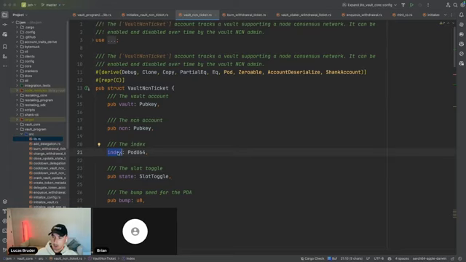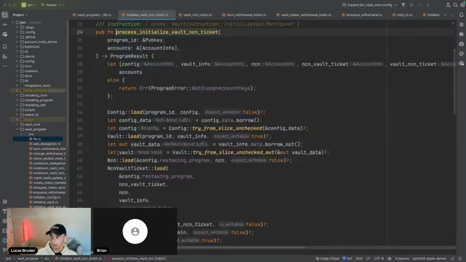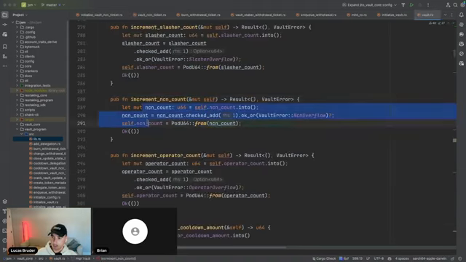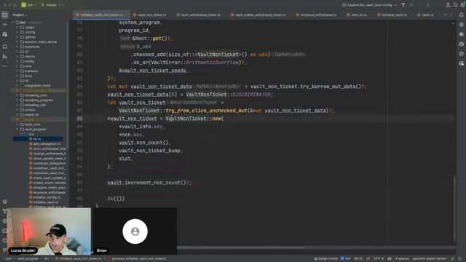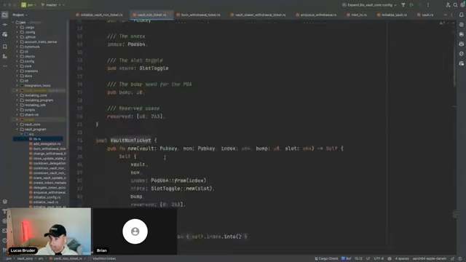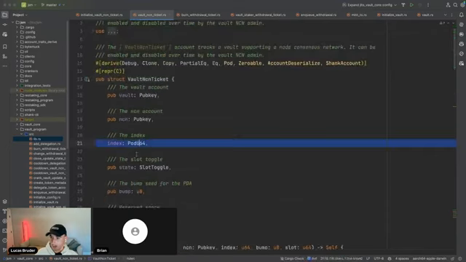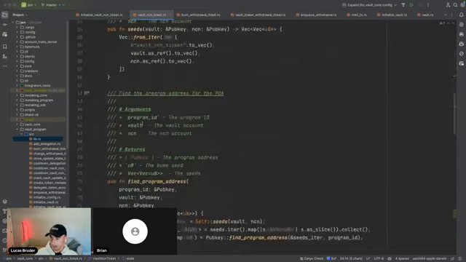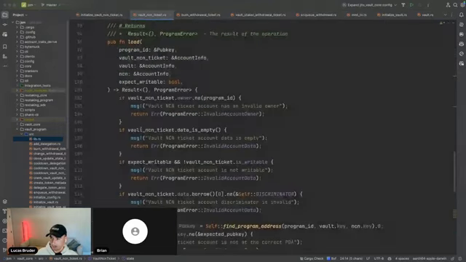So this index, combined with the vault keeping track of how many tickets there are, basically lets you deterministically order or iterate through all of the vault and NCN tickets. So yeah, there's the index, there's the state, which I'll get into in a second, and then some accessor and